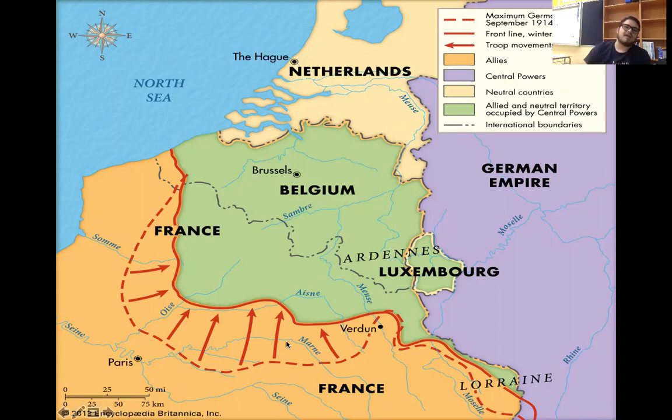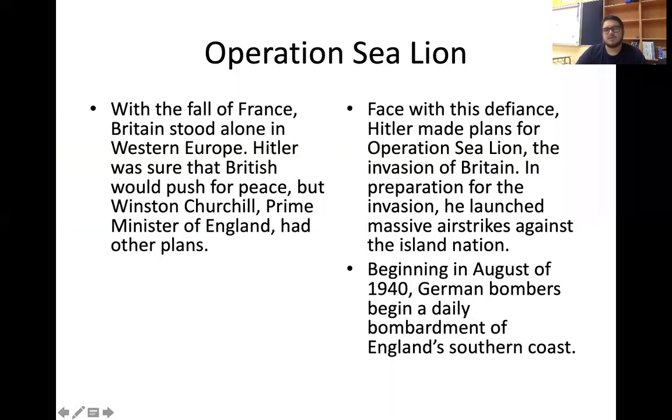The south of France, next to Italy, is going to get invaded as well, as all their forces were worrying about the Germans, not really paying attention to Italy, because Italy's doing its own thing in Africa. Italy's going to mobilize all of its troops, and they're going to invade towards the north. So quickly but surely, they're going to go inside of France. They're going to capture France, and France is going to